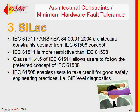The third barrier is architecture constraints. There is a certain amount of minimum hardware fault tolerance. Or, I'd like to paraphrase, there's a certain minimum amount of redundancy required in certain situations. There is a table in 61511 with these minimum architectures, but quite frankly, it's more restrictive than the IEC 61508,